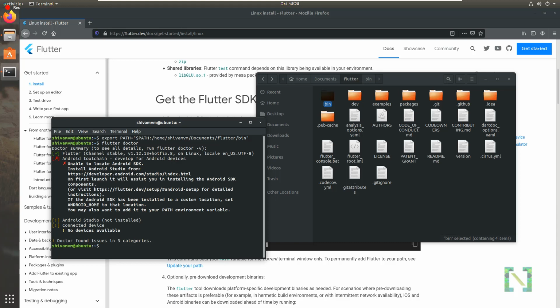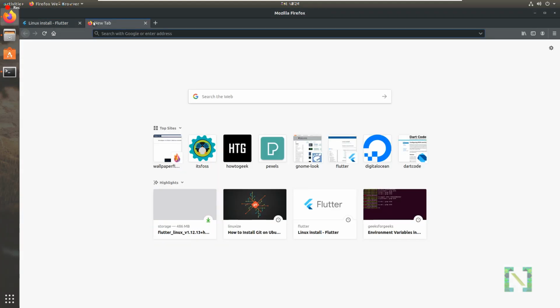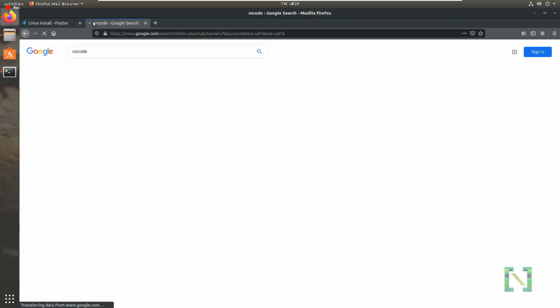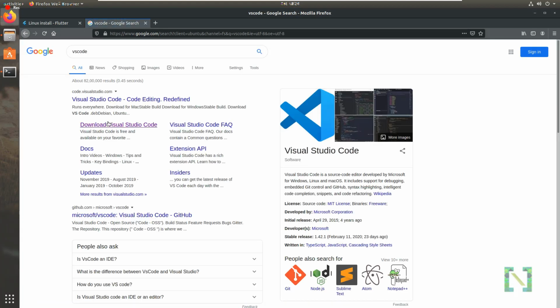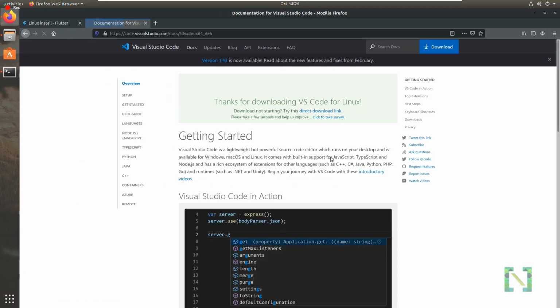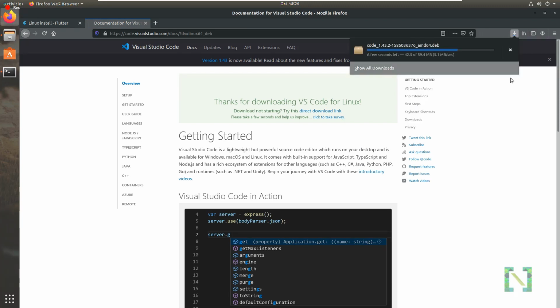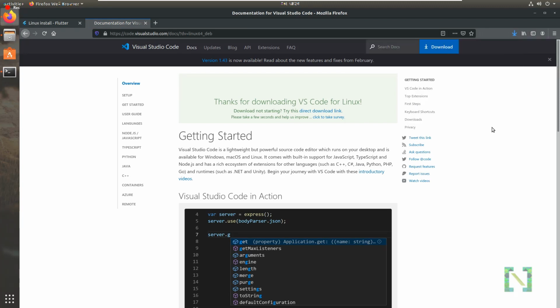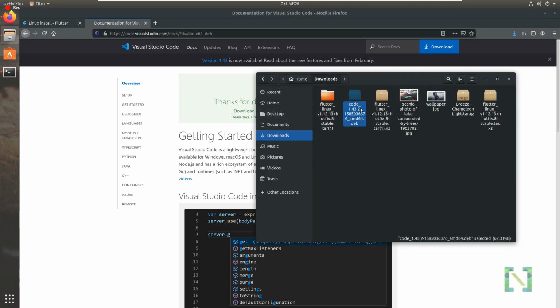Again, we are going to use VS Code as an IDE in Linux. Here I am going to download the application for Ubuntu. Install this application.